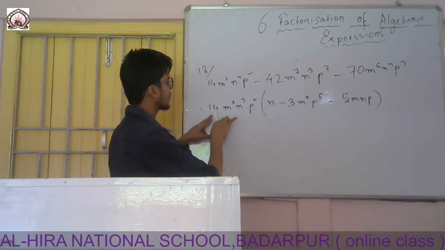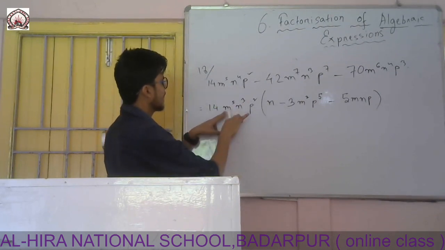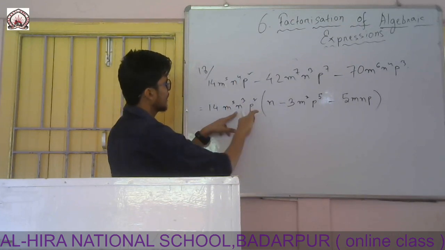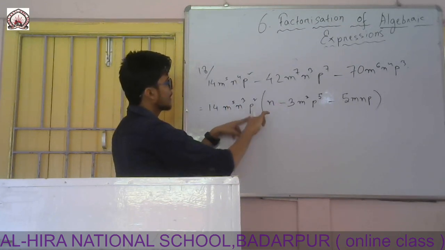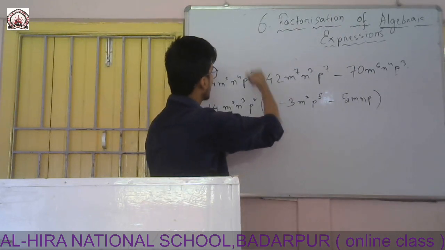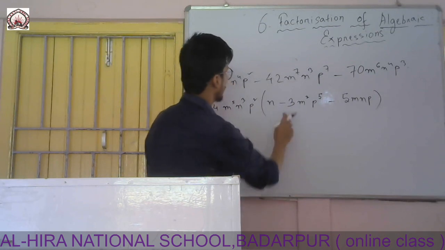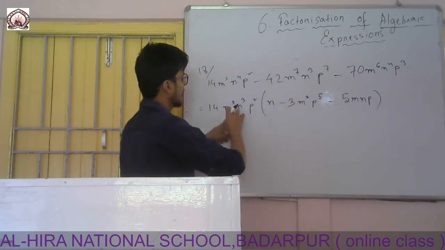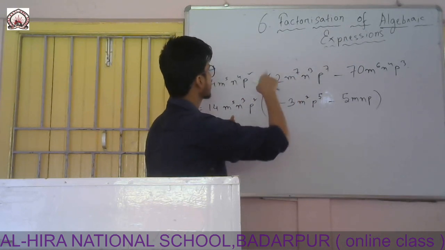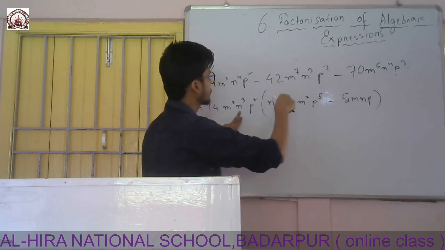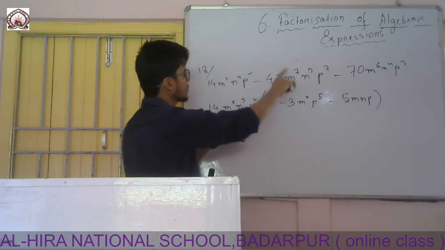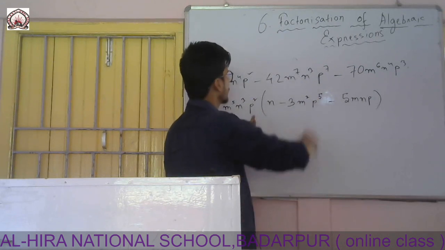So if you multiply now, 14 into 1 is 14, m to the power 5 into, there is nothing, so m to the power 5, n cube into n is n to the power 4, p square into there is nothing, so p square into 1 is p square. Again 14 3s are 42, m to the power 5 into m square, it is 5 plus 2, power will be 7, n cube, there is no term with n cube, so n cube into 1 is n cube, p square into p to the power 5, 7.